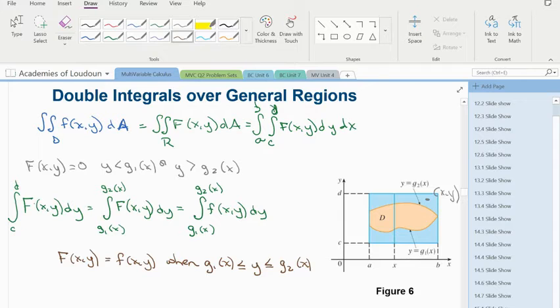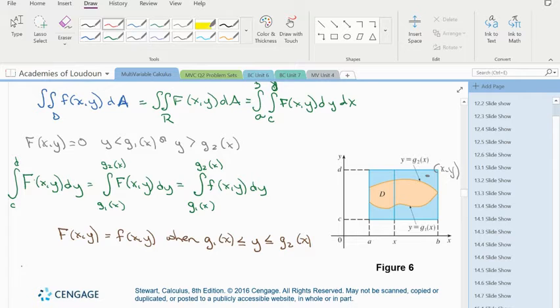Thus, we have the following formula that enables us to evaluate the double integral as an iterated integral. So, if f is continuous on a type 1 region such that D is defined as (x, y) such that x is between a and b, and y is between g sub 1 of x and g sub 2 of x, then our double integral